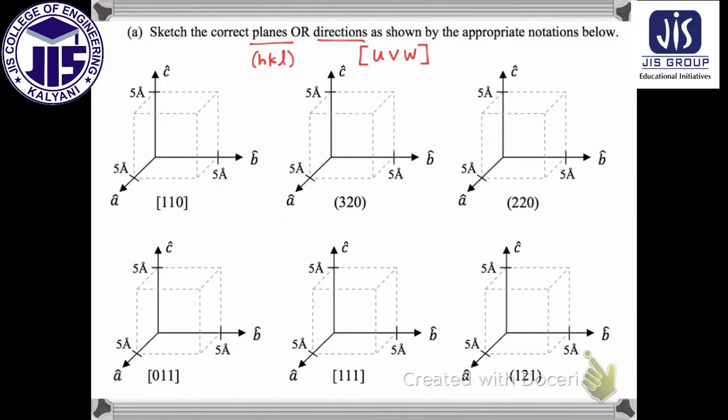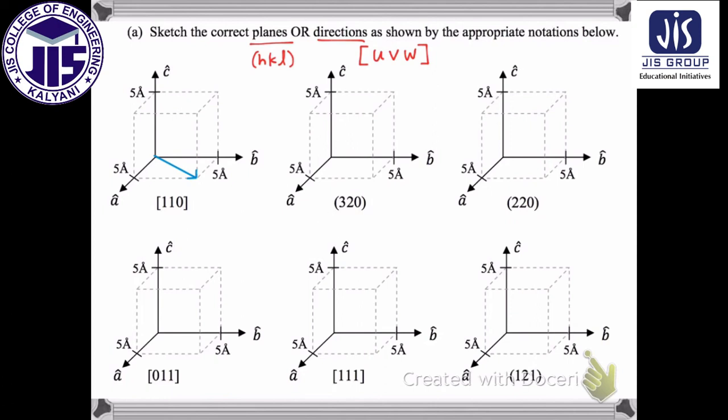And then we have clearly a direction based off of the bracket choice. So if we're going to go 1, 1, 0, what would that look like for this unit cell? It would look like this. You go 1 in the A direction, straight along the A axis, and you hit the corner of the unit cell. Then you go 1 up along the B axis in the positive direction, and then you don't go anywhere in the C. Notice how this is at the base of this cube. So that would be the direction shown there.